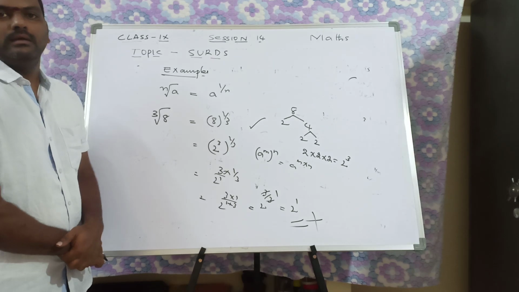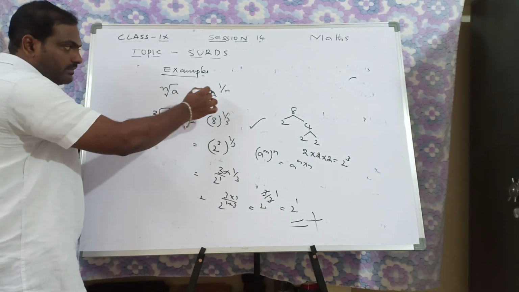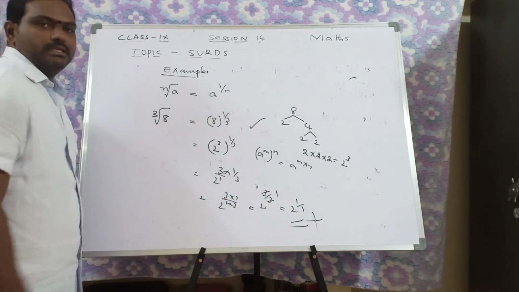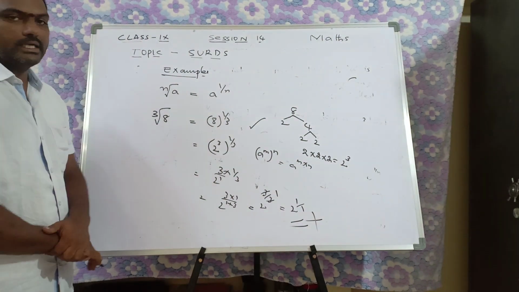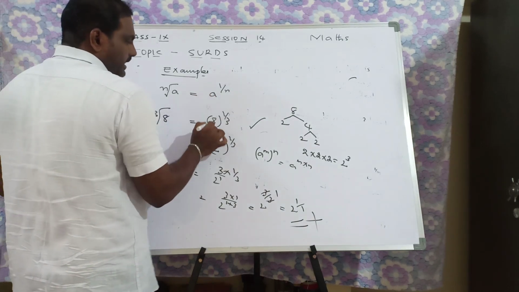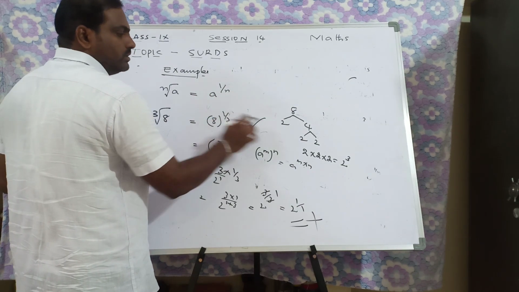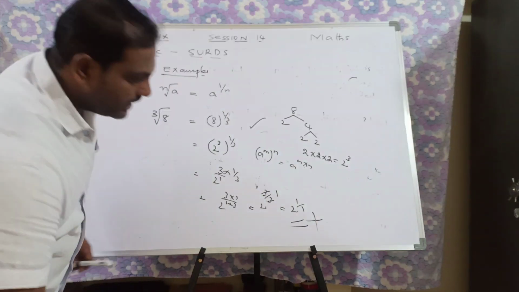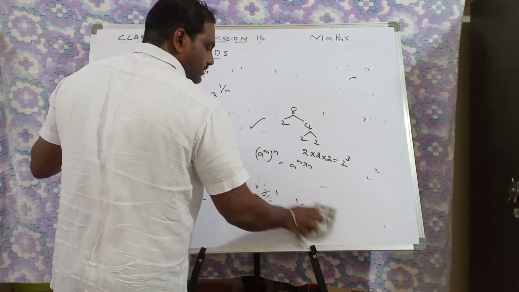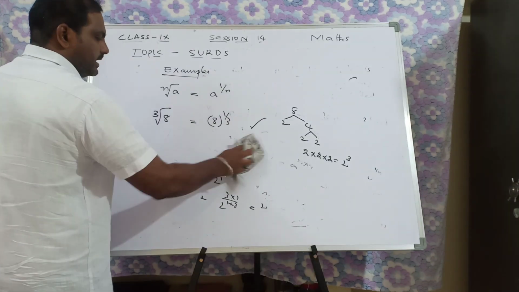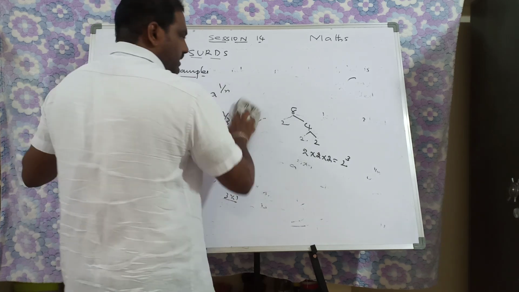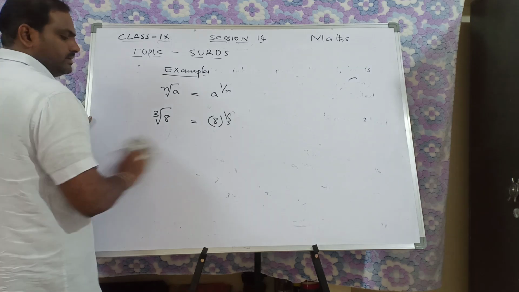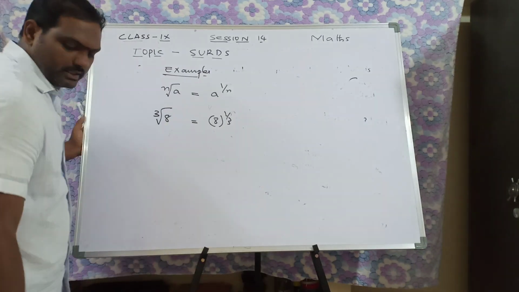which is not a surd, which is not in radical form. Actually, what is the radical form? A power 1 by n. So if I write it as a power 1 by n, we have to check the condition. That's why 8 is written as 2 cubed. So a should not be written as the nth root of any other rational number. That's why 8 power 1 by 3, or the cube root of 8, is not a surd. Okay.